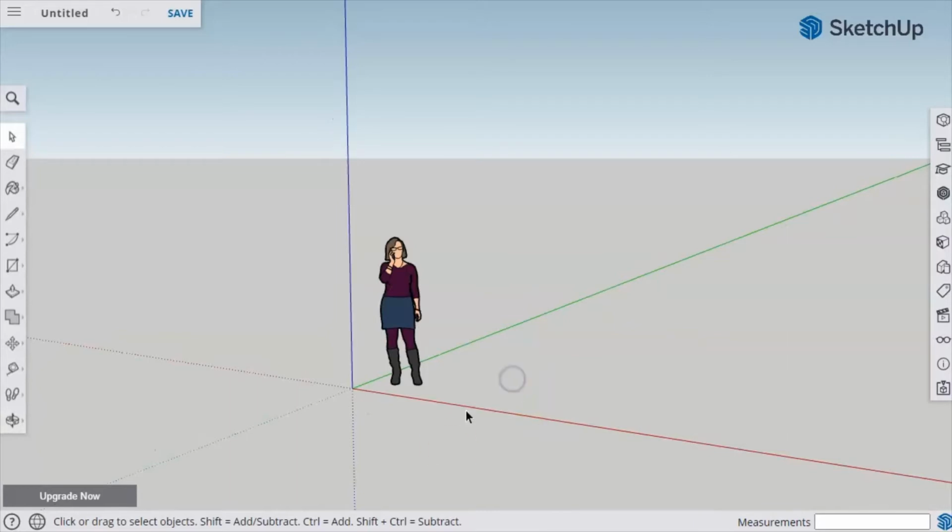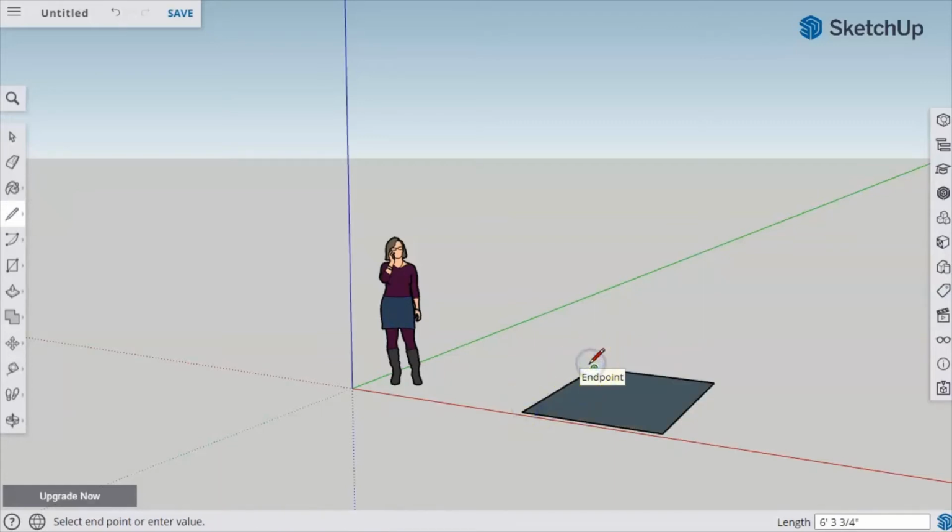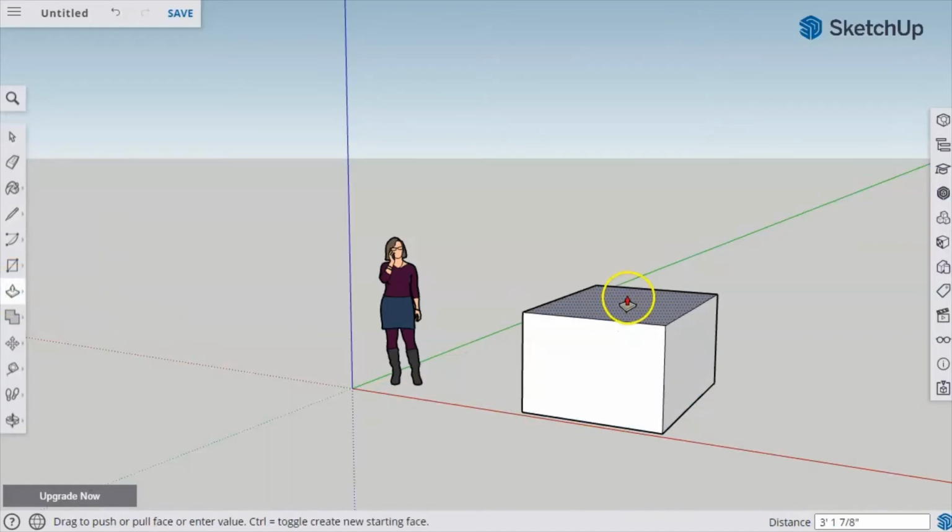You first have this little human here that changes from time to time, and you can just start clicking away with lines, snaps on grids, and then once you've got enough lines to define a plane, you get a plane,